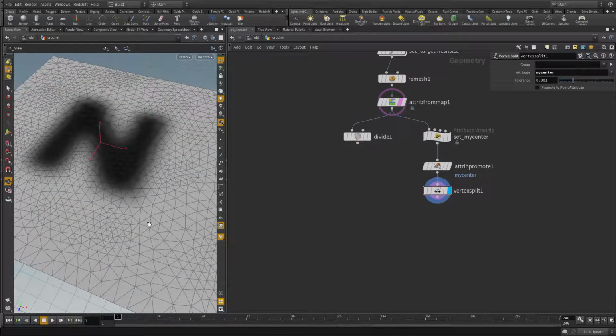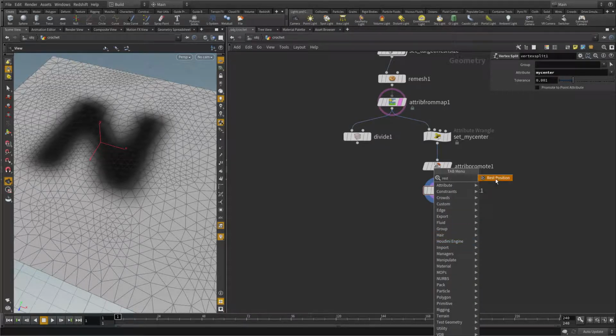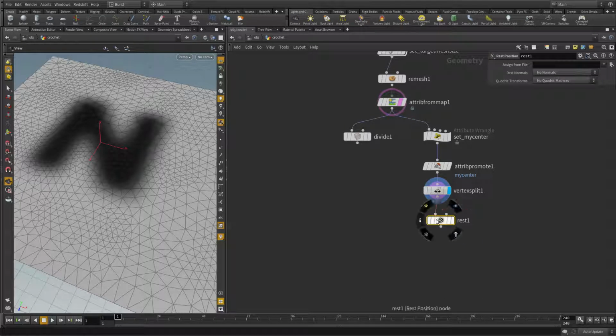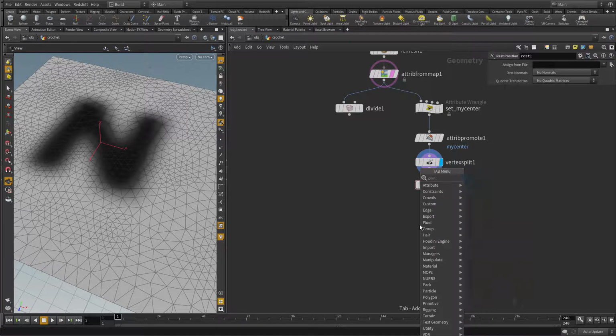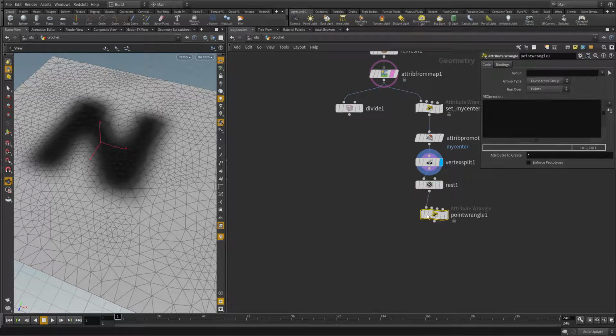Now we can write a little VEX snippet to make these faces shrink based on the color value. But before we do so, we want to store the current point positions. And that is easy because there is a default node for that called the rest position. So append a rest position that stores the current position of the points in an attribute called rest. And now append a point wrangle. And this point wrangle will be called move to center,